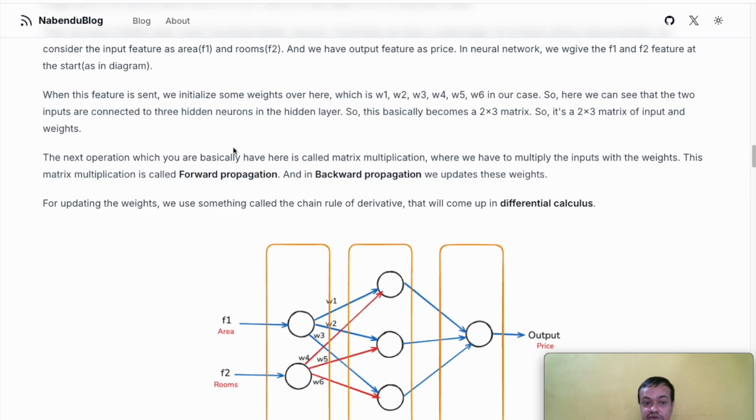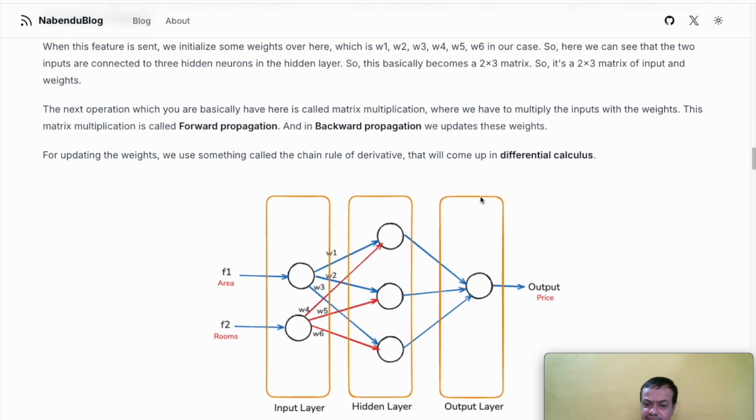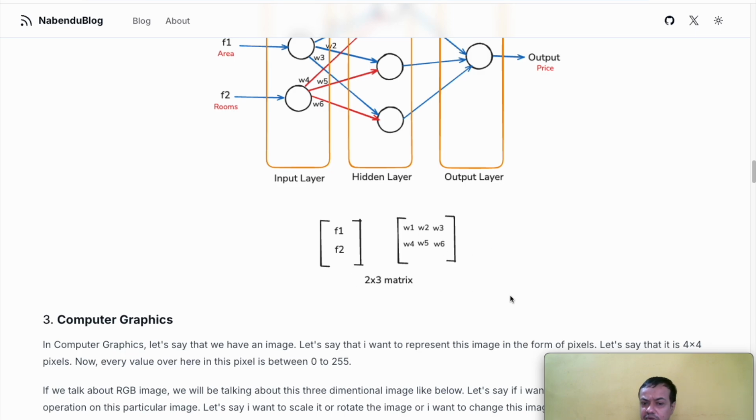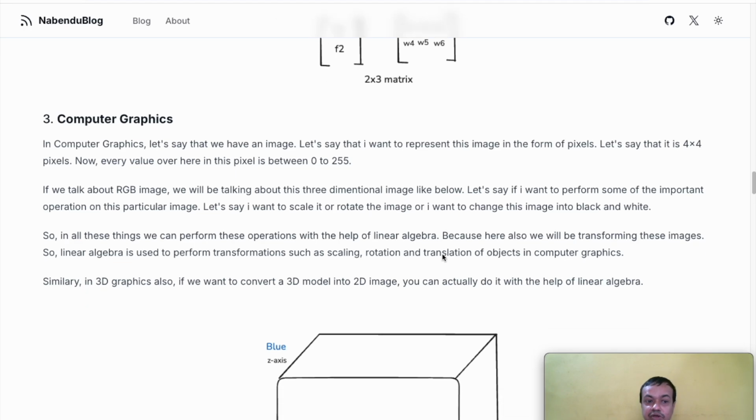The next operation which you basically have is called the matrix multiplication, where we multiply the inputs with the weights. This matrix multiplication is called forward propagation, and in backward propagation we update the weights. For updating the weights, we use something called the chain rule of derivatives that will come up in differential calculus. Means later on it will come. Okay, so this 2 by 3 matrix is there, which we are going to do, and then